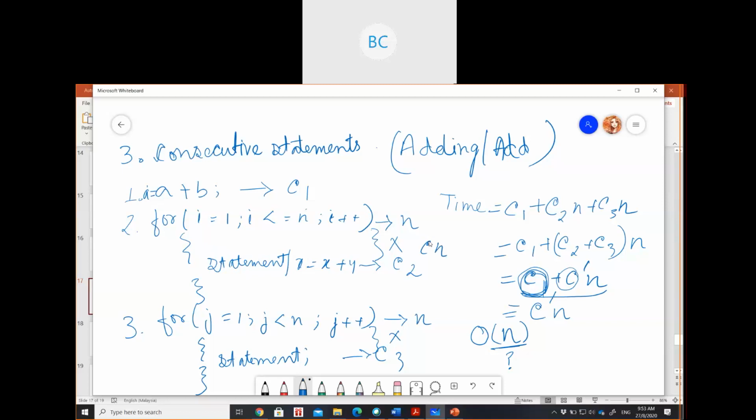Then again we have another for loop. This one will also have time Cn, because any statement inside the for loop takes constant time. Just like in the first rule, for a for loop you multiply the inside thing. So this for loop will take n times, anything inside takes constant time, and you simply multiply.